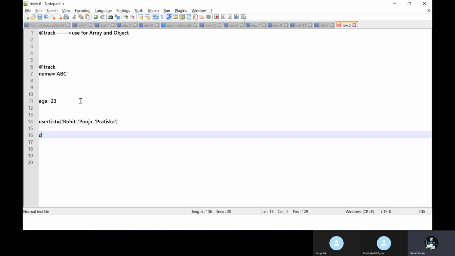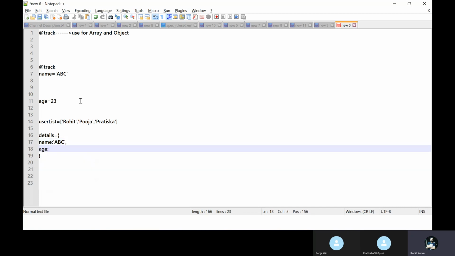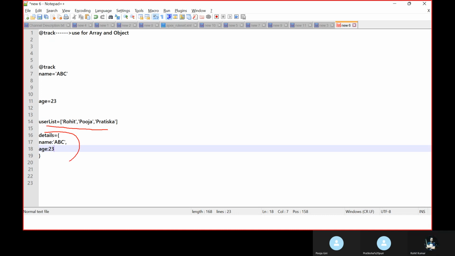And also details equal to an object, and the object has properties as key-value pairs, like name ABC, and then age 23, something like that. So you cannot go directly in depth under the array as well as the object, right? This is the one problem without track.